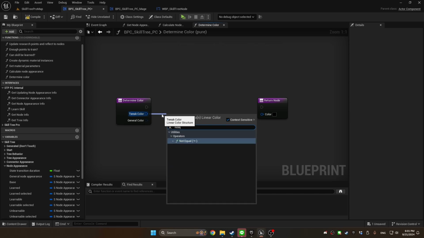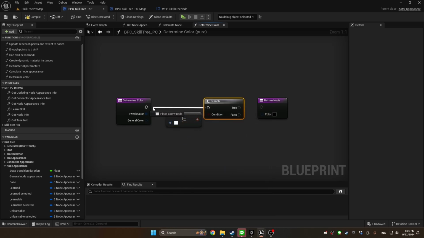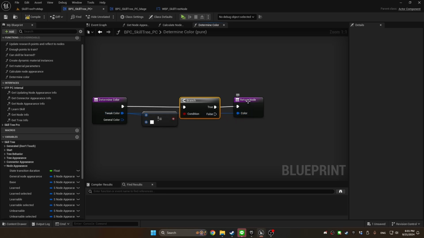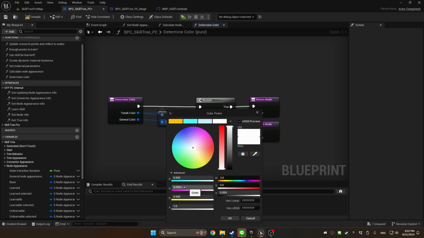And if the tweak color is not equal to that very specific value that we created earlier, which is the default for our colors in our struct, then we'll return the tweak color. And if it is equal to that very specific thing, then we'll return the general color. And basically what this is doing is it's making it so anytime a color is tweaked by the designer, it gets overridden to that tweak. Because the designer's going to be playing with sliders, moving them around. That's why we don't set this to 1, because it could accidentally be set and then you could get the